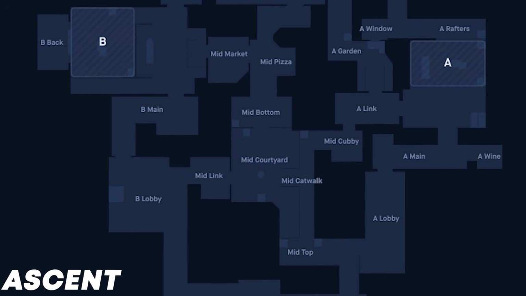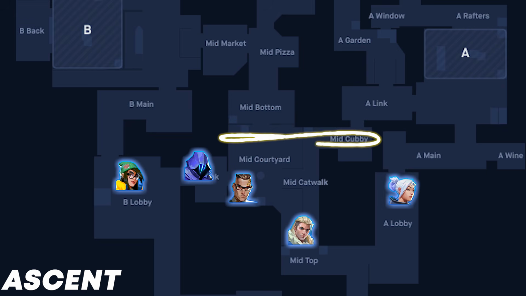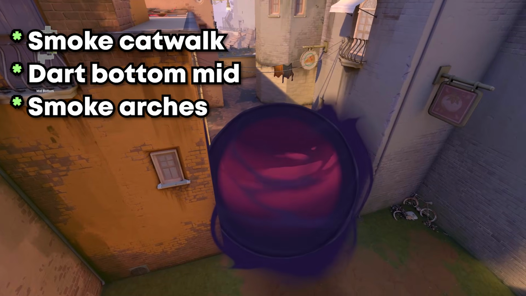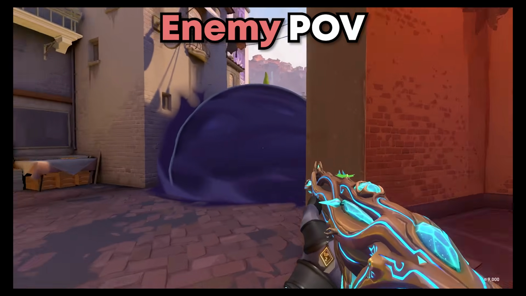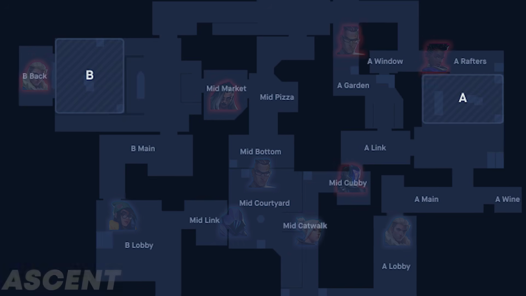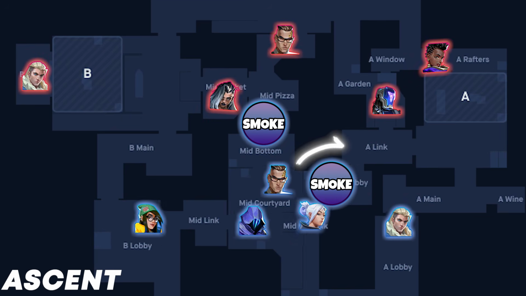Let's go back to the standard default on Ascent, with one person holding for A and B main pushes and the rest working mid. You would typically smoke cat to deny any early peeks, dart bottom mid, and smoke arches to take control and fully deny information on mid. This pressures the defenders as the market player is clueless as to what the attackers can be setting up mid, which then forces the cat player to give up space and fall back to tree. This denial of information puts the defenders in a very vulnerable position and leaves gaps in their defense that you